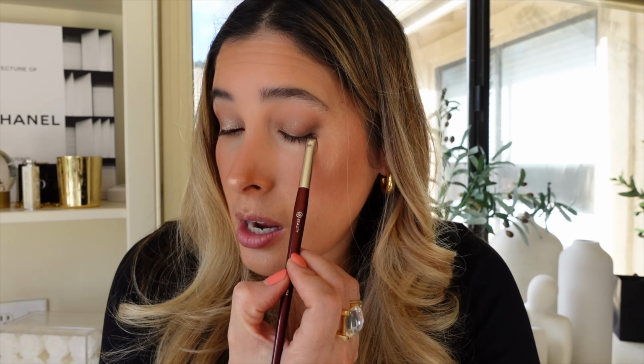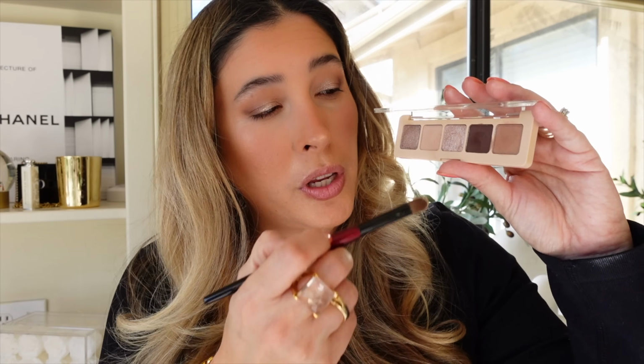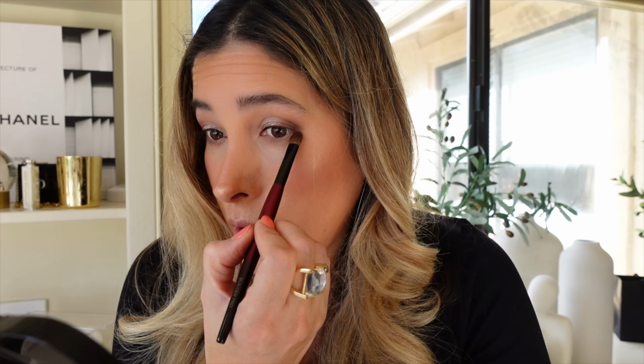Just taking this shade on my lower lash line. Sonia G Worker Pro. I'm going to that mid brown nude tone and also dusting it on my lower lash line. Sonia G Flat Definer into the deepest shade. And I'm taking this shade and applying it on the outer third of my lower lash line. Now I'm taking this same deep shade and I'm just going to take it on my upper lash line